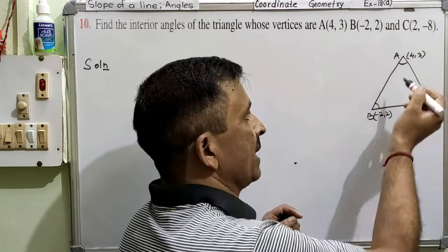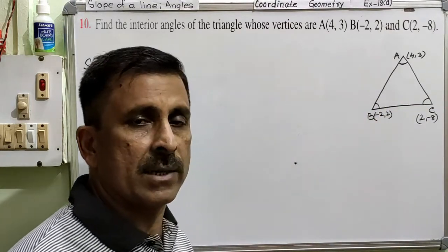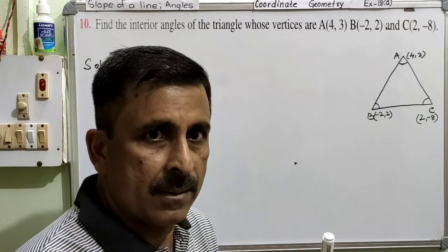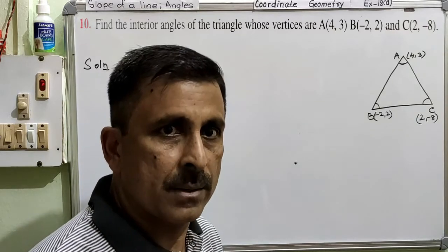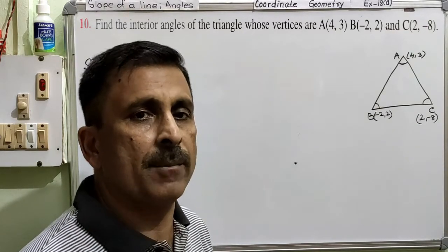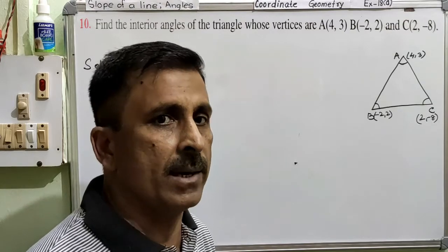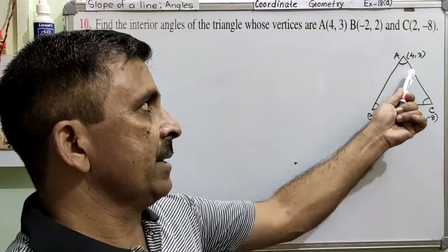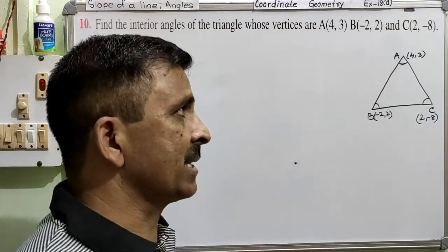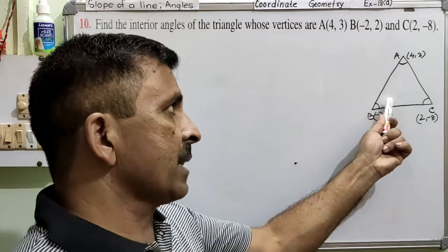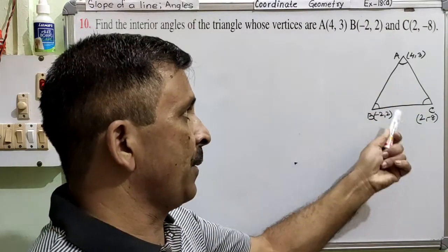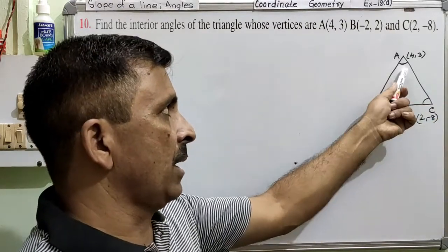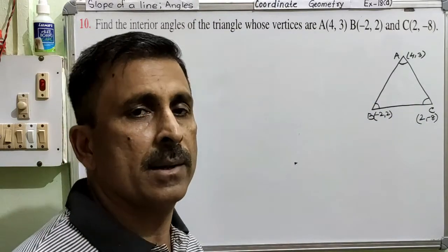Is this very clear? So in order to find all these 3 angles, we need to have the slope of all these lines, because just now in the previous question we have seen that there was a formula for calculating the angle between 2 lines using slope. Tan theta is equal to m1 minus m2 divided by 1 plus m1 into m2. So using that formula, we will find all the interior angles. And why I said that this question is lengthy is because to find the interior angles, first of all we have to find out the slope of all these 3 lines. And only after finding the slope of all the 3 lines, then we will find out all the 3 interior angles using that angle formula. Am I clear or not?